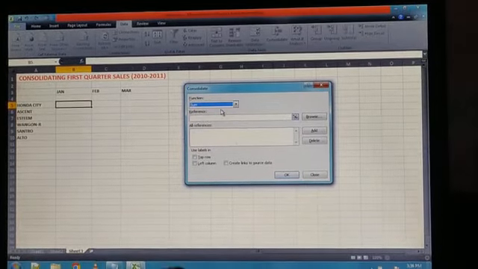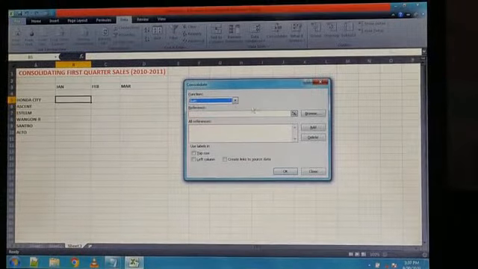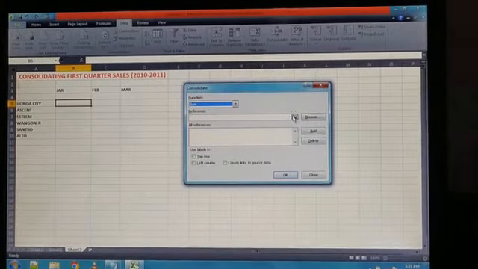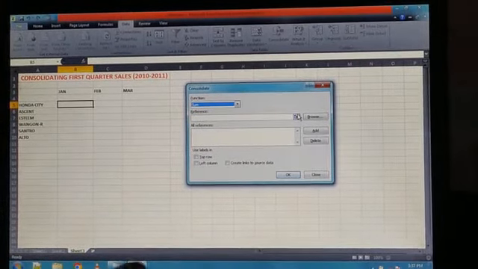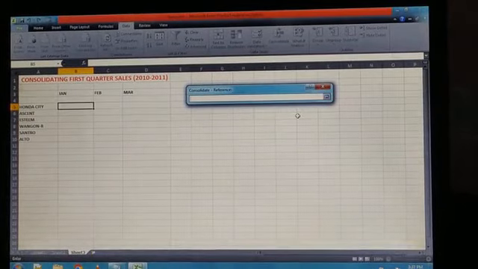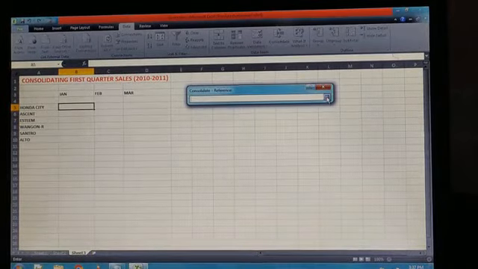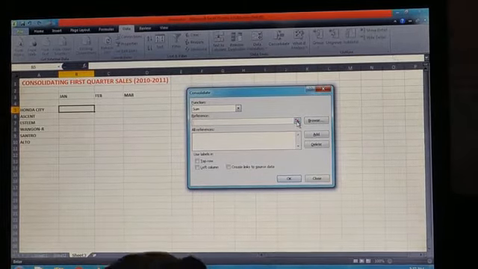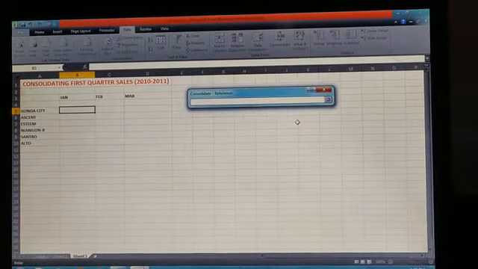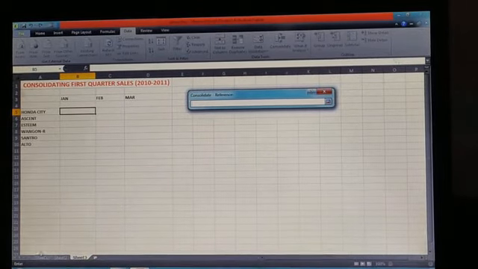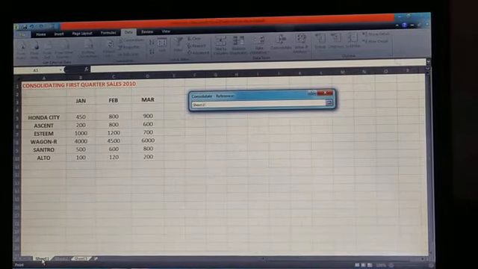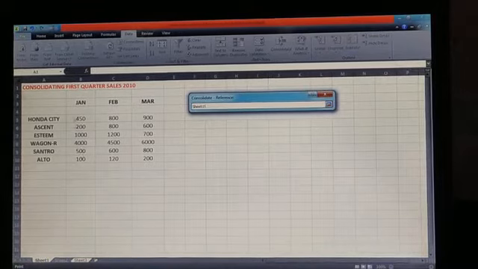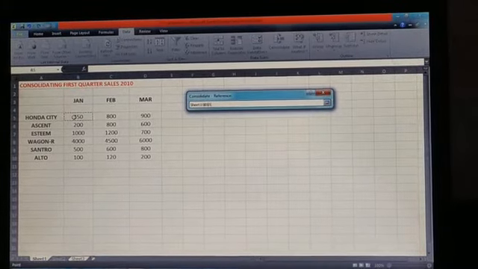Now in the reference option we have to click this collapse button, just like that, and after clicking the collapse button, you have to select sheet 1 and selecting the tab from B5 to F10.